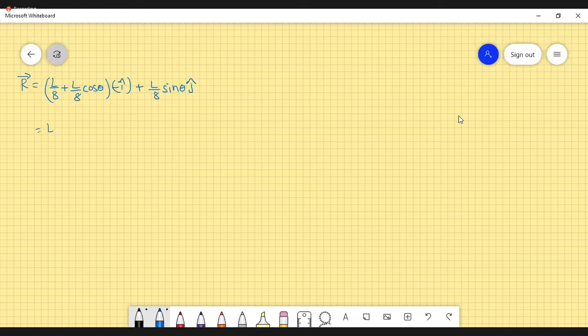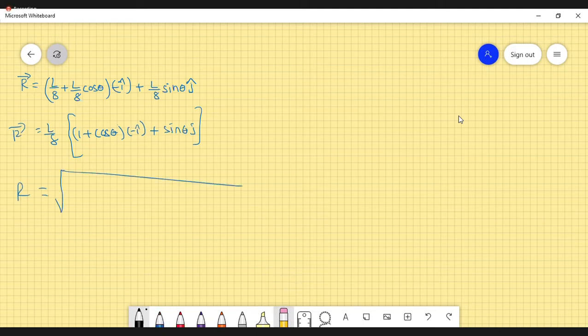So from this, if you take L by 8 completely outside, then it is (1 plus cos theta) i cap minus i cap plus sin theta j cap. So now simplify, that is magnitude of R equals square root of x square plus y square. So L by 8